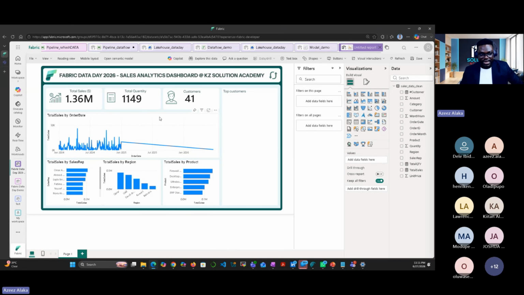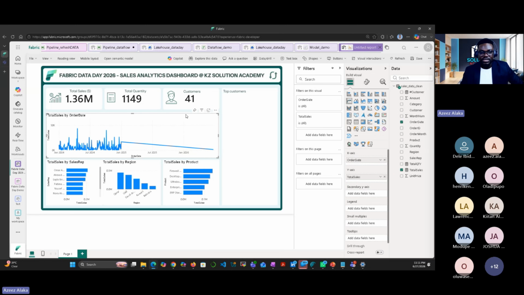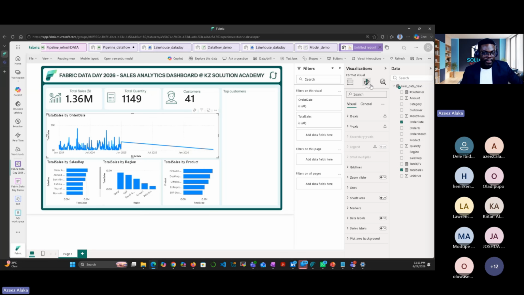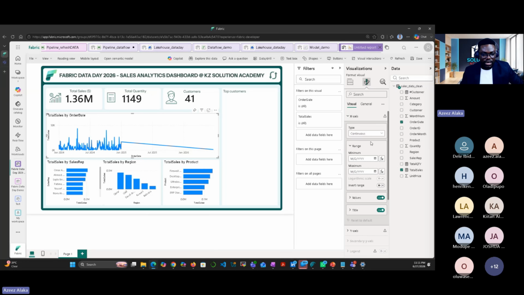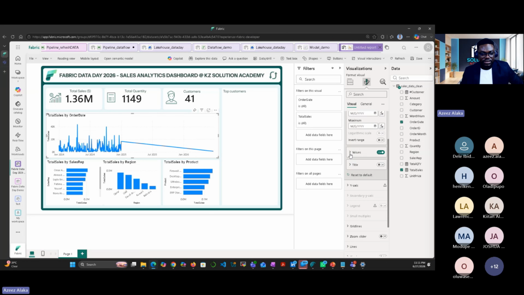So total sales by order. Whenever you want to format any object, you need to click on that object. So I click on this, and I come to this place to format. On my x-axis, I do not want a title. Then let's see the y-axis. I have value here.